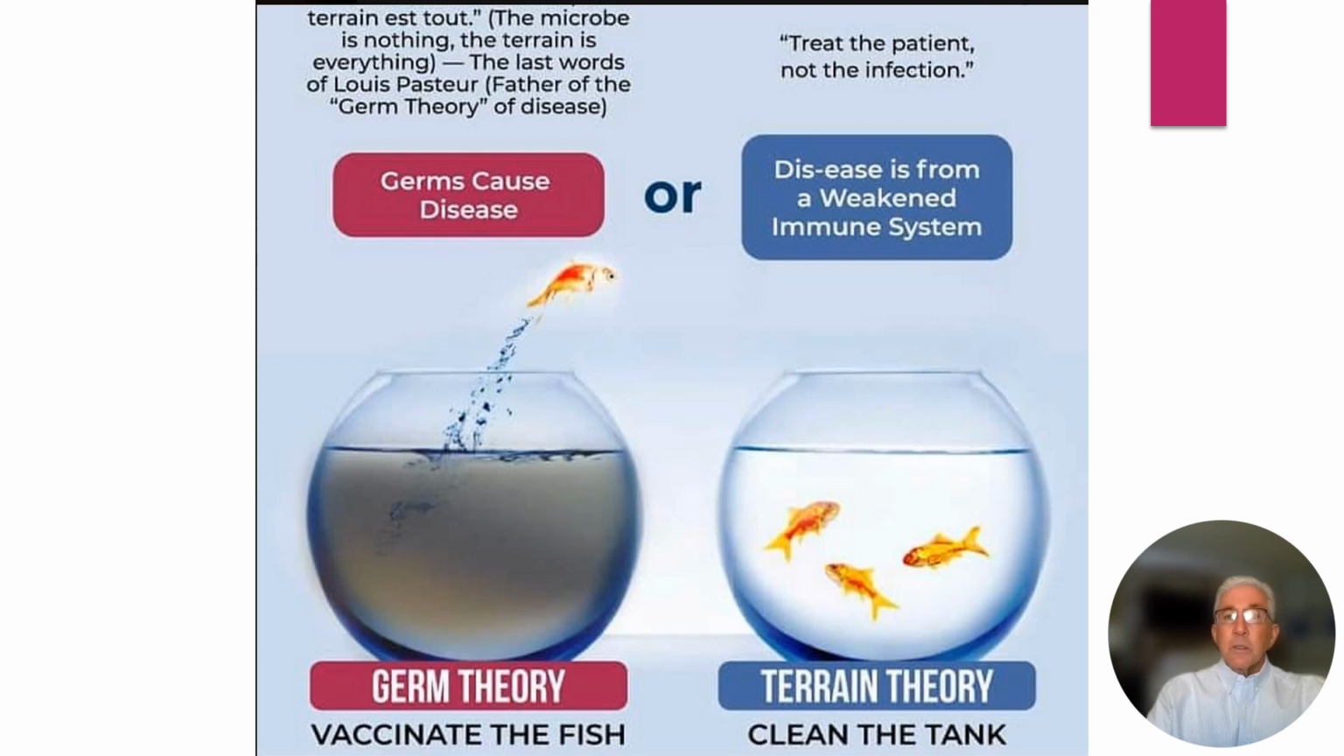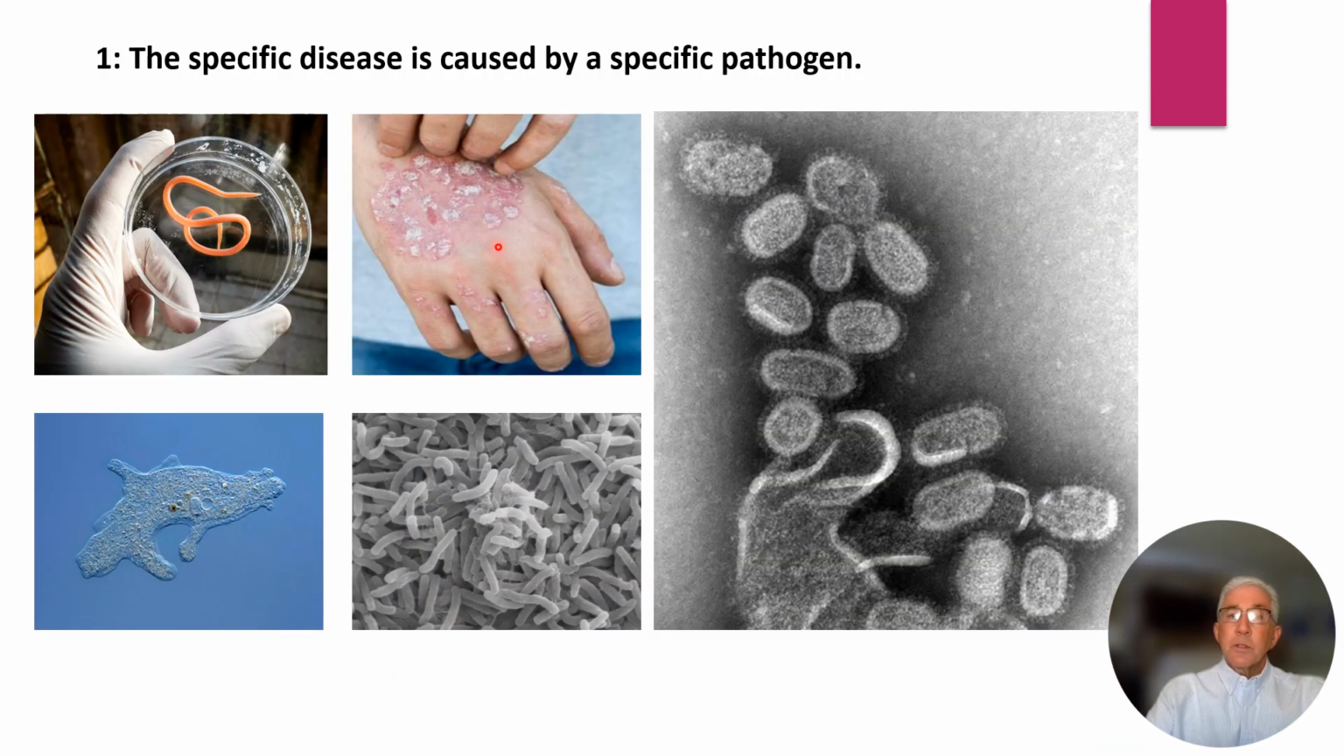Most of the confusion arises from the terrain theory versus the germ theory. So let's look at the germ theory first. The germ theory has four key concepts. The first of which states that an organism called a pathogen is the cause of disease symptoms. Now, this pathogen can be a large parasite like you see here, or fungus visible to the naked eye, or a smaller bacterium, or a protozoan that's visible to conventional light microscopes, or an extremely small virus visible only to